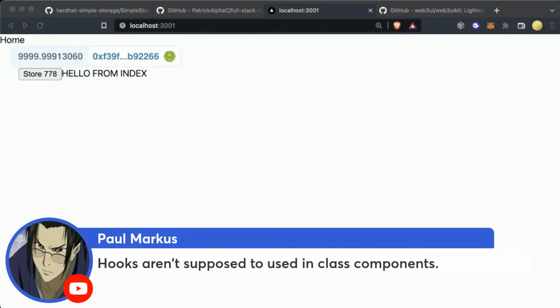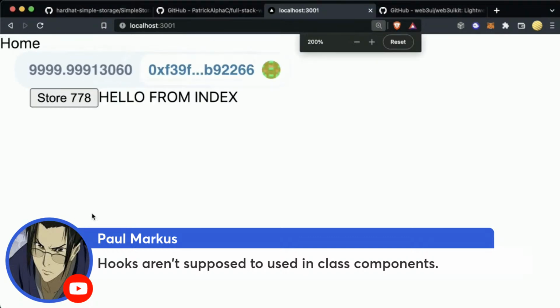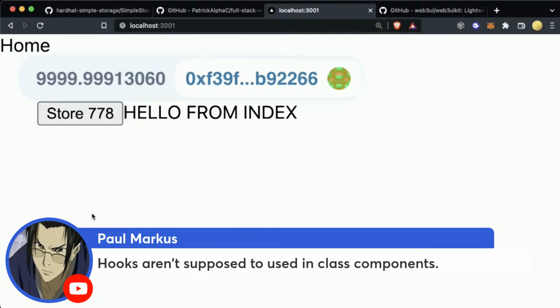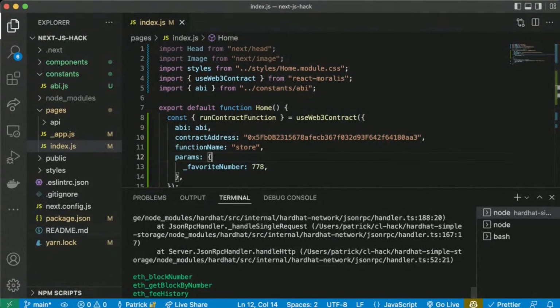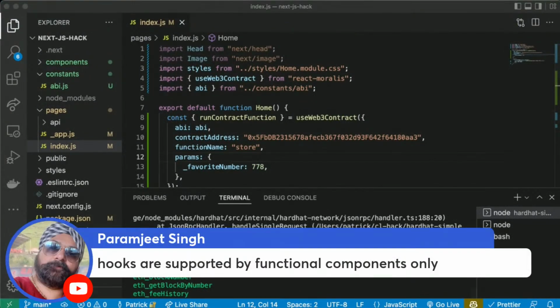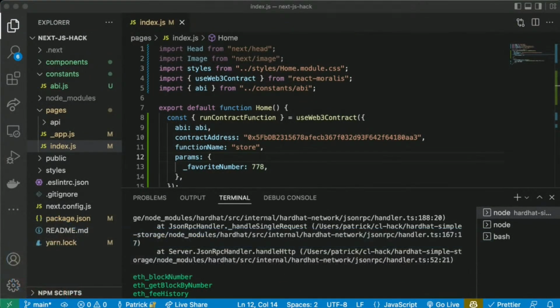Hooks aren't supposed to be used in class components. If you're using hooks and classes, I would question your architecture. It seems like two things do the same job. So that's more about how to work with that. Hooks are only supported by functional components. Yep, exactly.